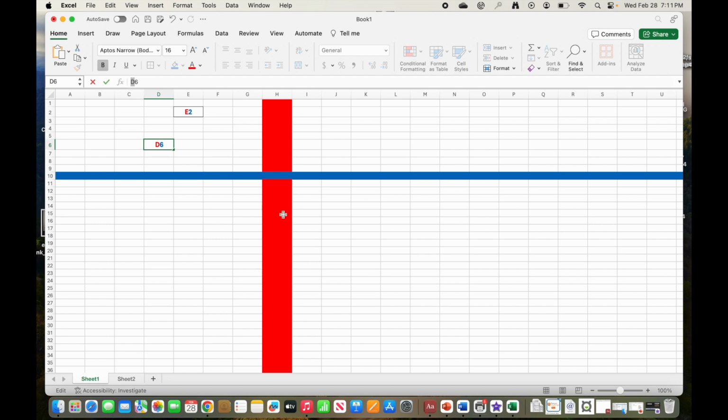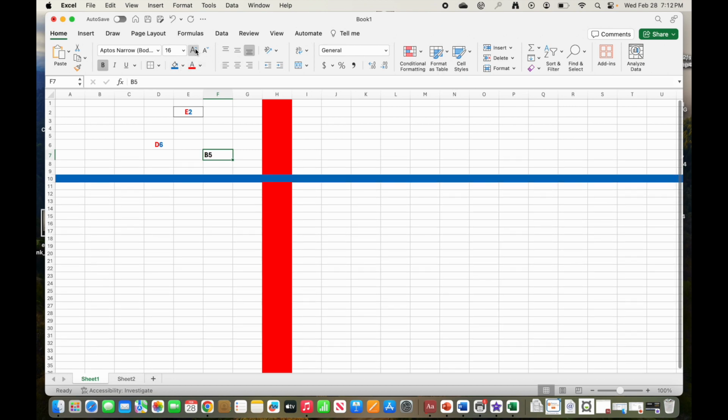In cell F7, type B5. So in F7, type B5, enter. All right, we're going to go back and click in F7, and we're going to do everything that we normally would. So we're going to bold, we're going to add a border, we're going to increase our font size, we're going to center, we're going to select the B,